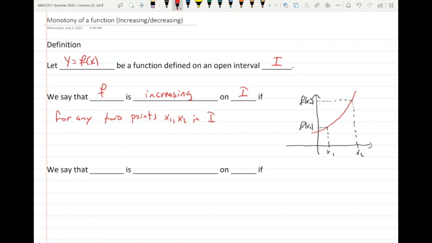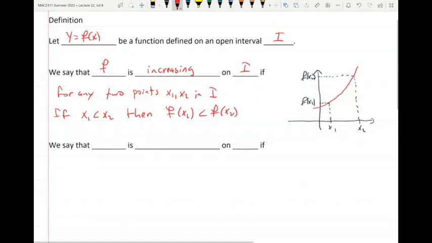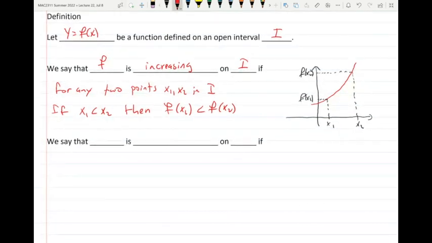So whenever you pick 2 points, then you know one is less than the other one. Okay? So if x1 is less than x2, then f of x1 has to be less than f of x2. That's what it means to be increasing. As you go from left to right on the x-axis, you go from bottom to top on the y-axis. Okay? Now, similarly, we say that f is decreasing